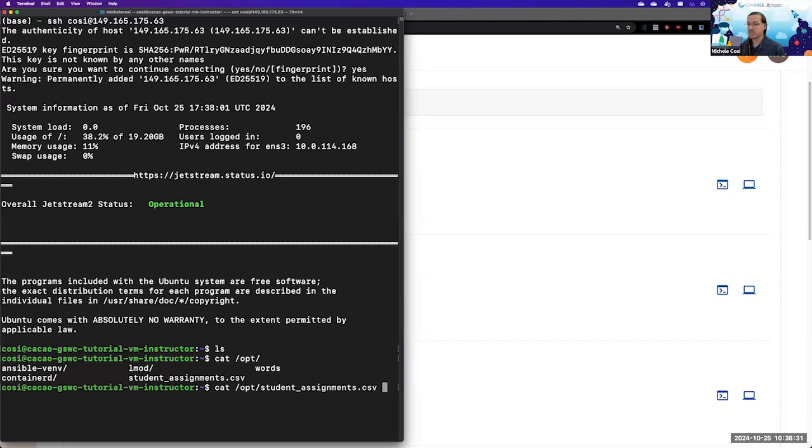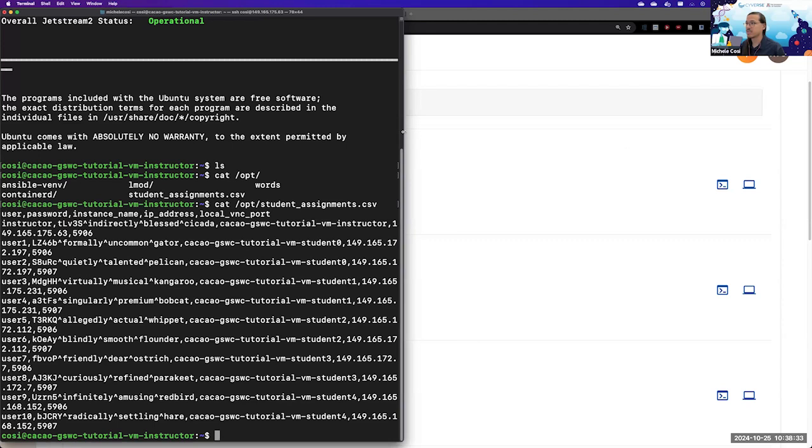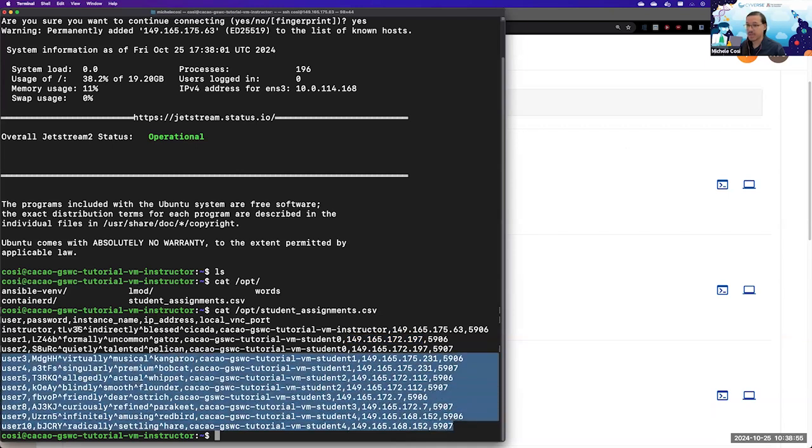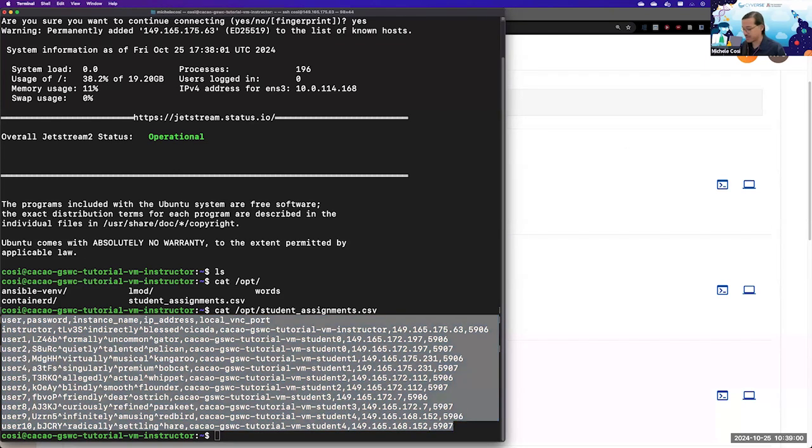And if I were to print that to the terminal, I now have a list of usernames, which people can use as their username login, a password, and a specific address that people can use in order to log in. I'm going to go ahead and copy this and put it in the chat if anybody wants to play around.